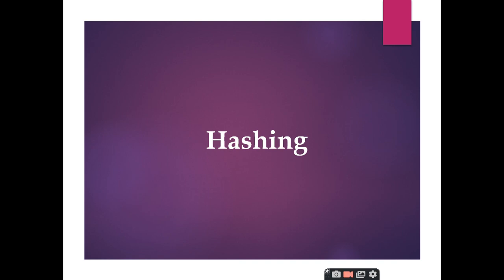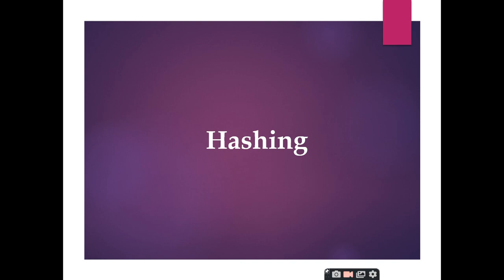We are not going to discuss how hashing is implemented programmatically, right? Why? Because even in competitive examinations, you will not find any questions related to programs on hashing. I don't know whether you have questions in the lab session or not, but we will go through hashing in a theoretical manner. I will show some examples and we'll see how to solve them.